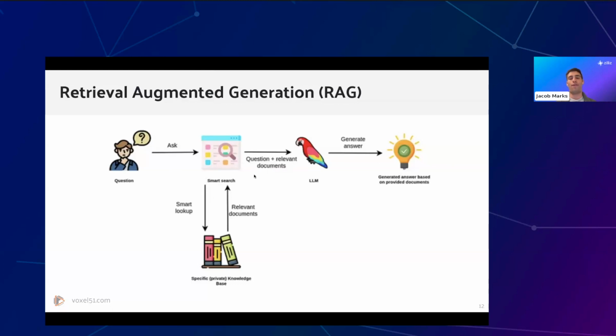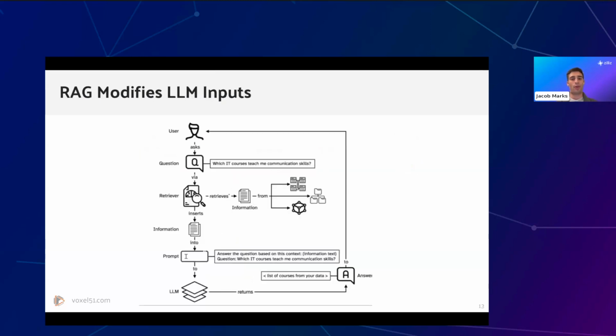So you are finding relevant documents based on that query, and you are passing the question and the relevant documents into the large language model and using those to generate an answer. So you are finding things that actually seem relevant that might improve the generation process and helping the large language model. You're kind of guiding it in that way. So this is what it looks like more specifically.